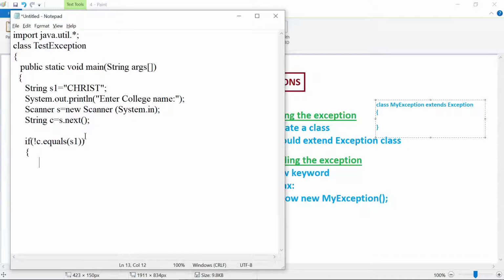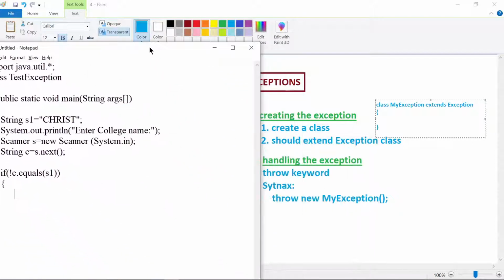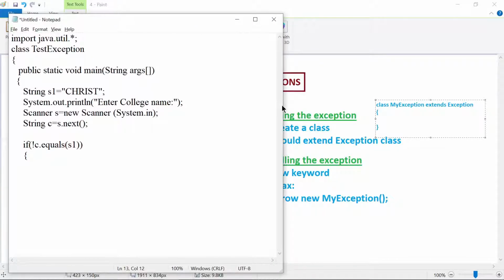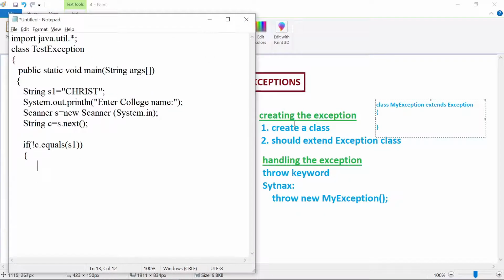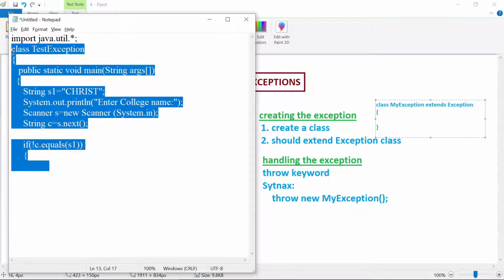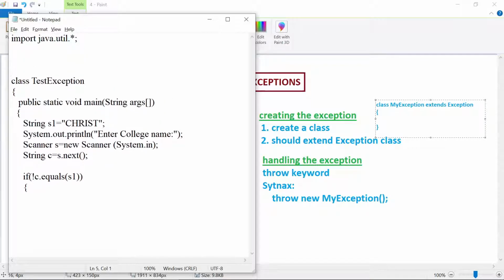If you want to raise that, that can be automatically generated, but here you want to raise your own exception. What is that exception? Whenever you want to work with your own exception, we need to follow these two steps. What are the two steps? Create your exception first. Before using any exception here, we need to create our own exception. So before this class or after this class, let us create our own exception first.